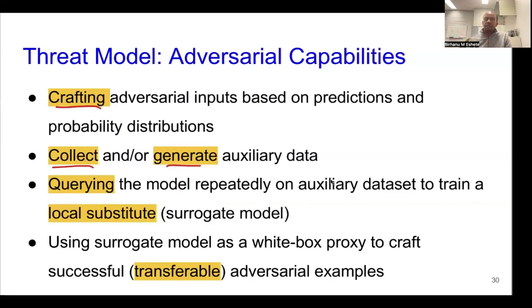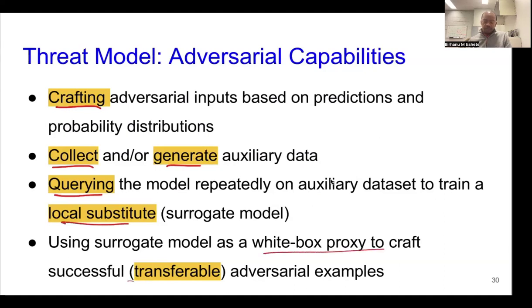For instance, if the target model is an image classifier, then you can go on the internet and do web scraping and get more data that fits into the model's input dimension, right? Or you could query the model, let's say repeatedly, on this auxiliary data that you collected, and you could locally train a substitute or a surrogate model that you can use later on as a white box